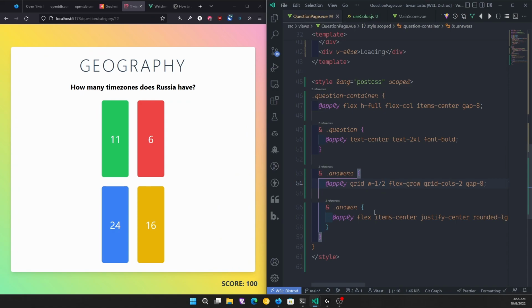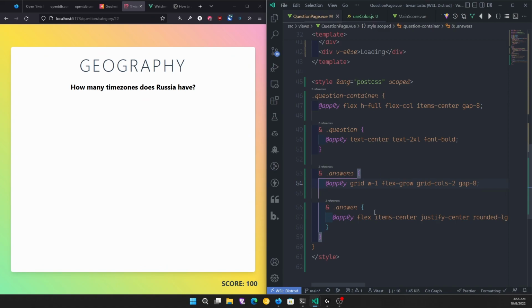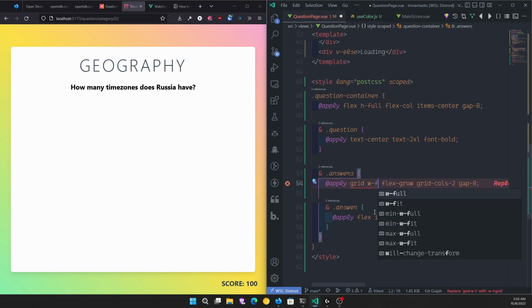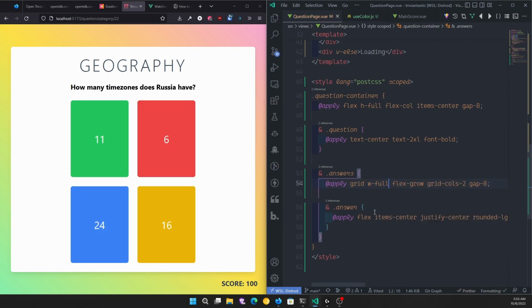No. How can I actually make those a little bit bigger? Not sure. Why is it not doing what it's supposed to? When my answer should be,